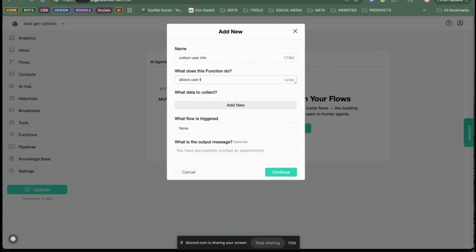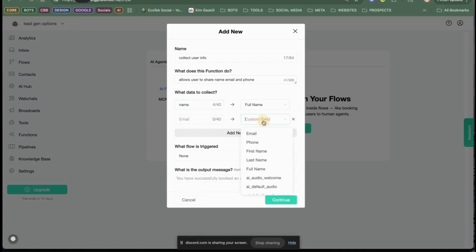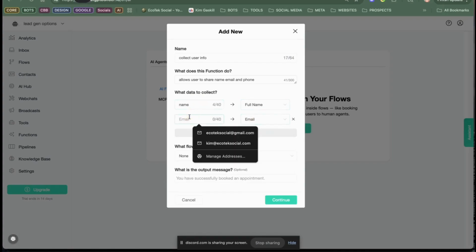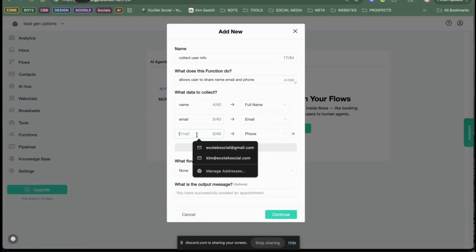Allows the user to share name, email, and phone. I'm going to put it in here: full name, email, and phone. And we could put anything else we wanted, but basically,